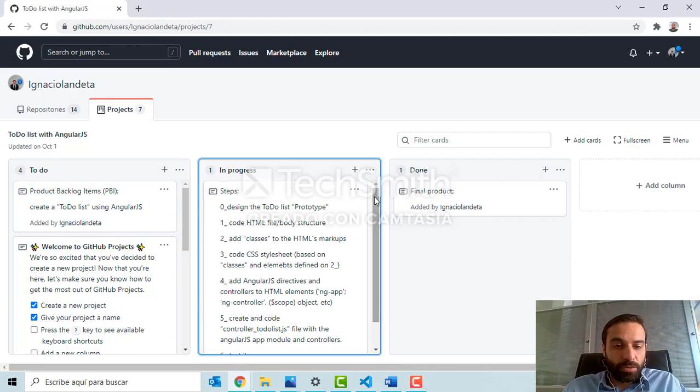I am going to create a program, a to-do list, in AngularJS. This is my project in GitHub. I have a kind of Kanban for this project: the to-do backlog, which is the product, the progress, and what is in progress. I divided the project in